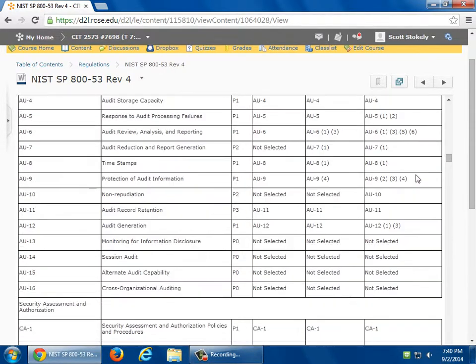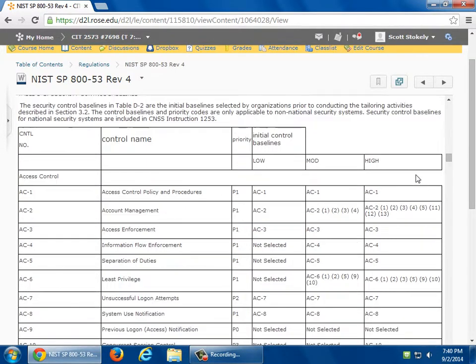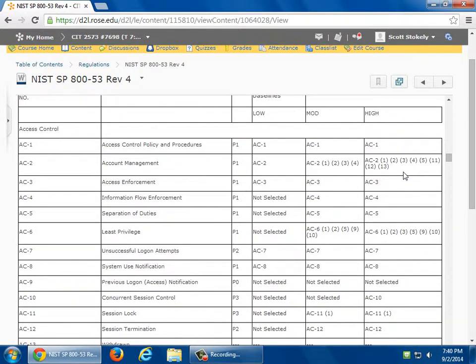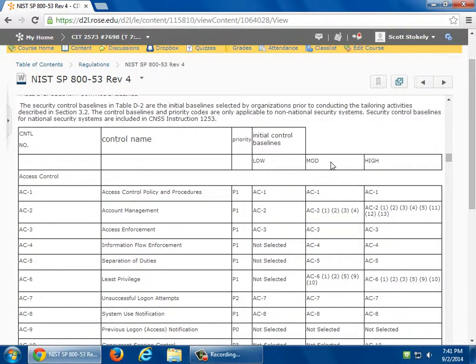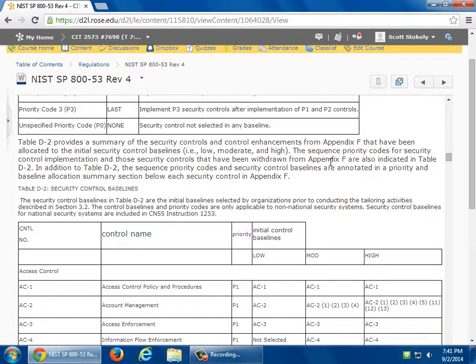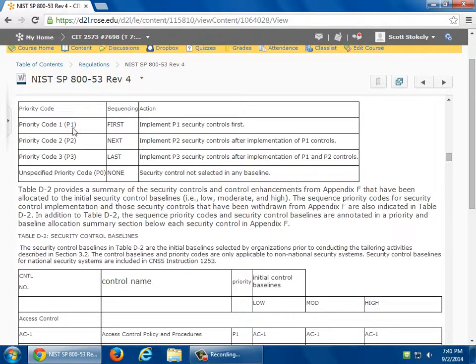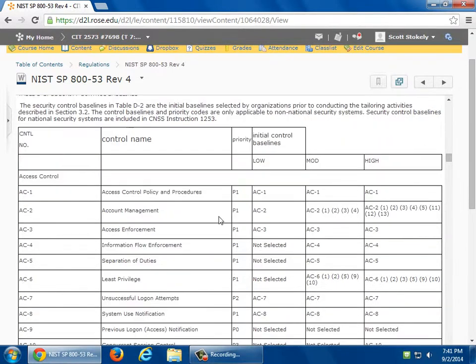That's media protection. 2.4 talks about system controls, like management controls, operational controls, technical controls, identification and authentication. What we have here is our control levels. And notice we have priority code 1, priority code 2, and priority code 3. Depending on the ones you choose,